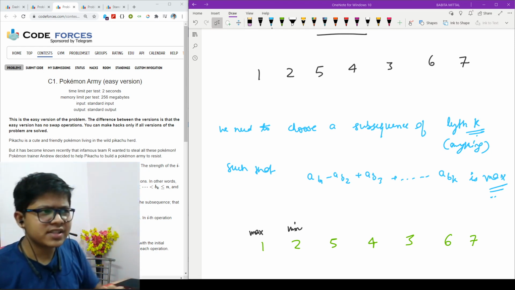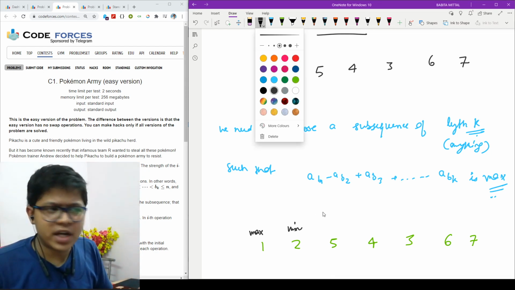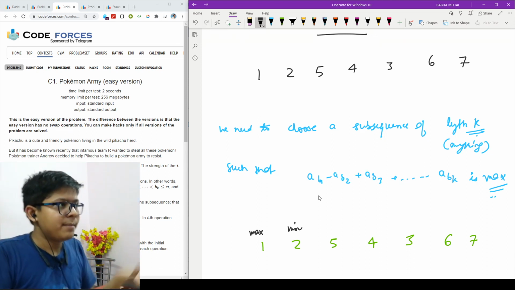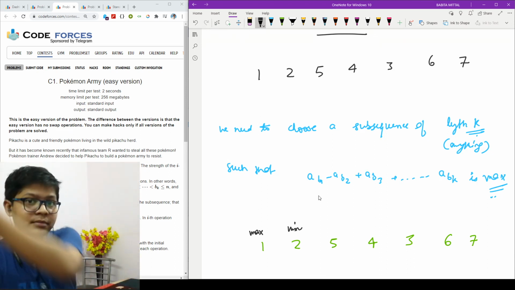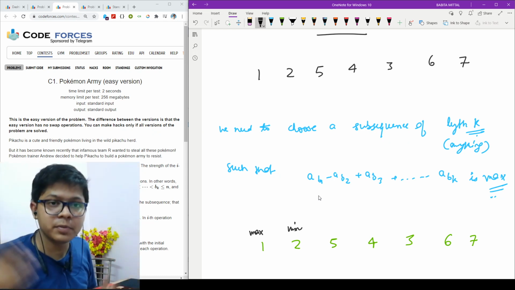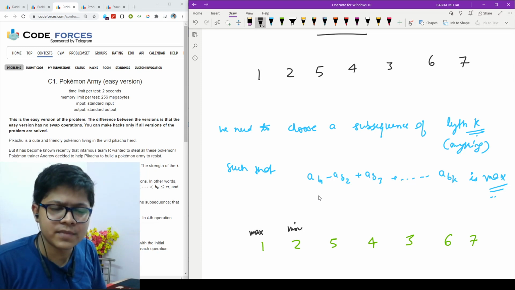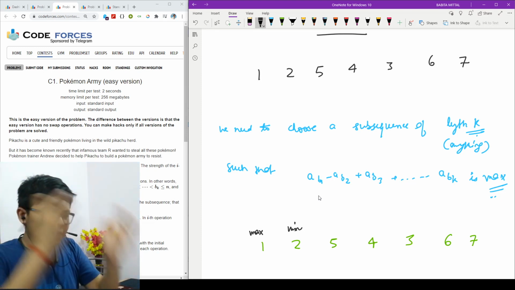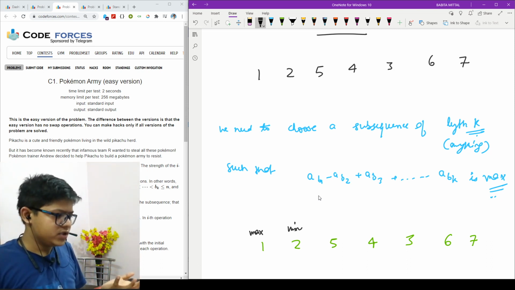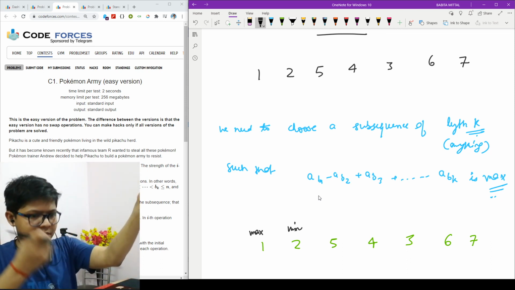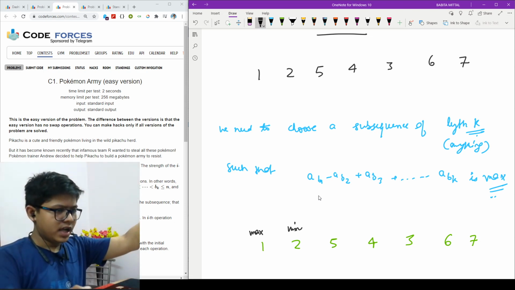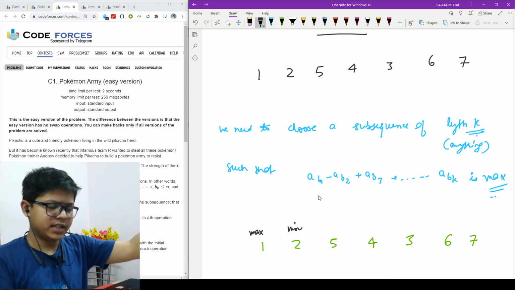So in easy language, I will choose a subsequence such that I have maximum, minimum, maximum, minimum, maximum, minimum elements, such that the sum would be maximum. Now the first thing that strikes my mind is that I will choose a maximum element, then a minimum element, then after that the maximum, then the minimum. So I will start with the maximum one, right?